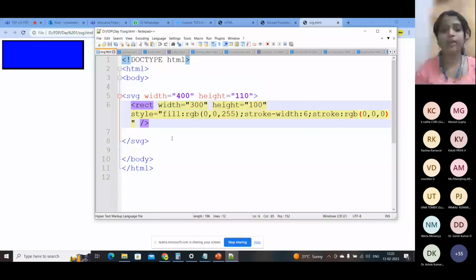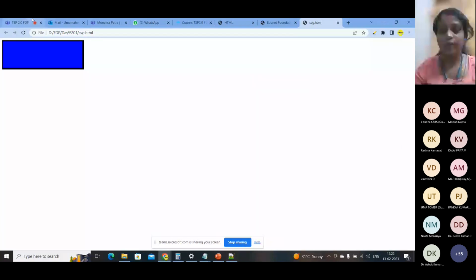Okay, so the RGB value is some blue, so it has been filled in blue color, and the stroke width is some 6. Okay, so the width is 6 and the color is black. So everything in 0 means it will be considered as black color, right? Okay, so then